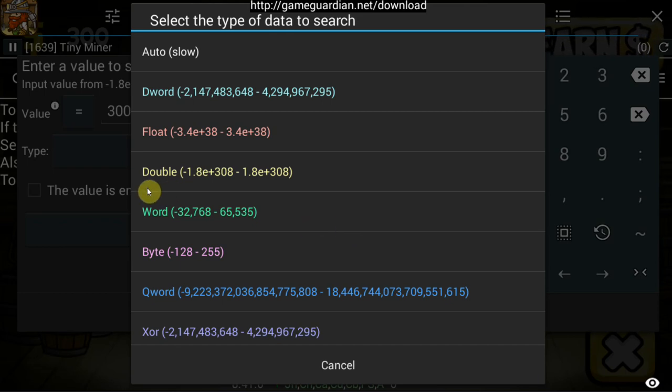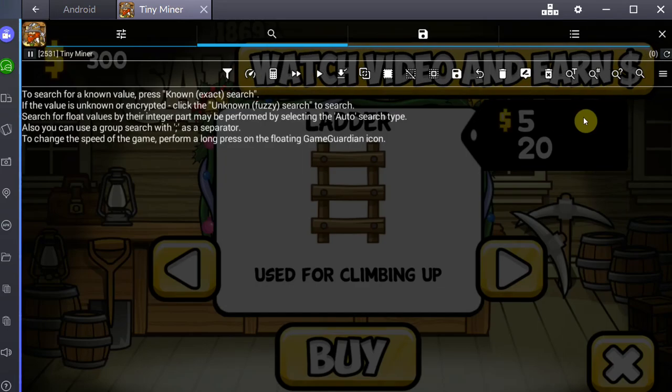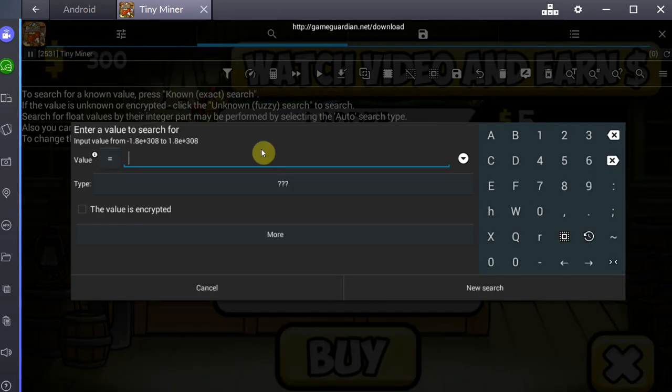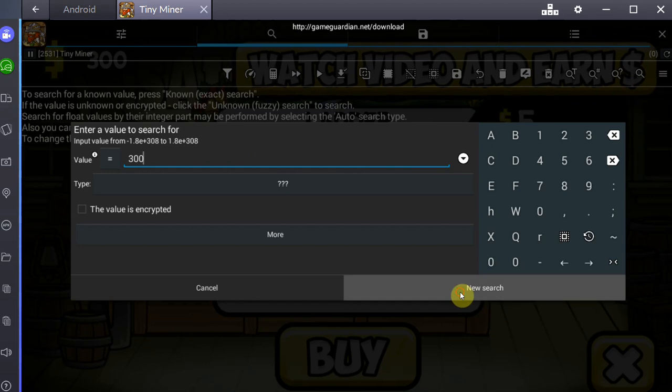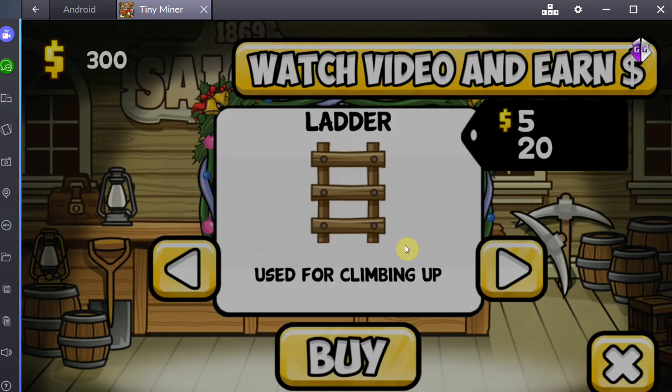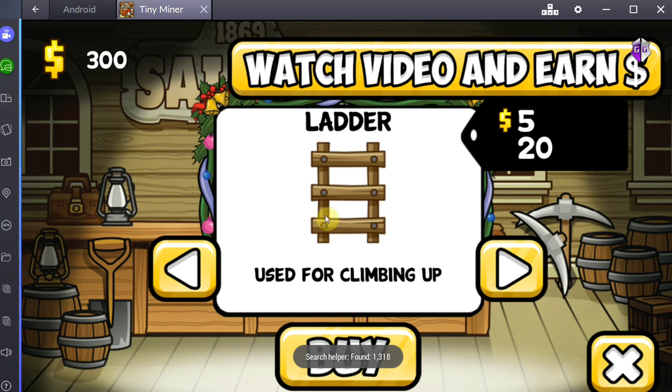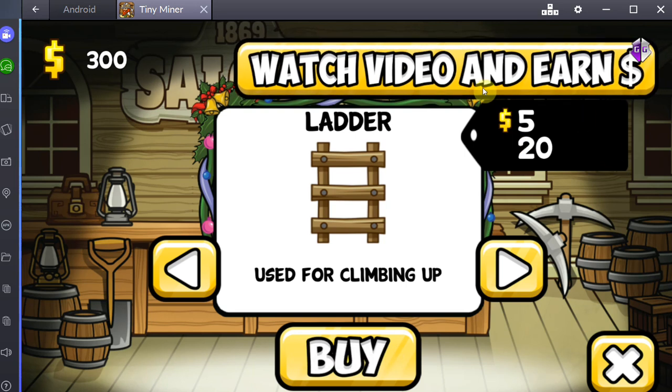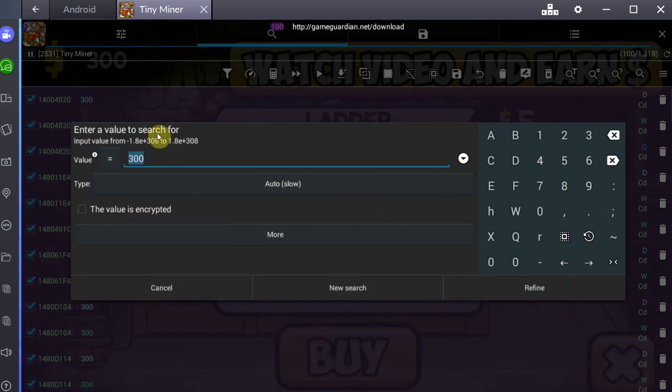For example, double allows you to have floating points, so 3.1456778, that would be a float or double, and dword is just a very long integer, for example, integer being a whole number. But it doesn't matter because most memory editors have an auto option, so you just go for auto. But the basic concept really never changes. So you scan for the value that you're trying to hack, you go for auto so that the program auto detects the value type, then you change the value in the game, because the problem right now is I have